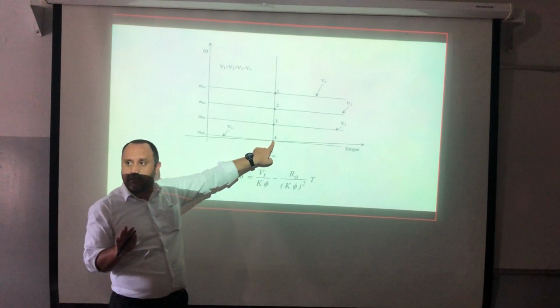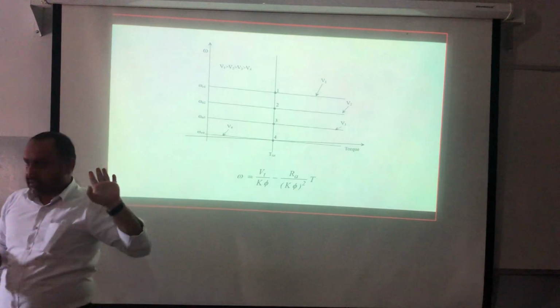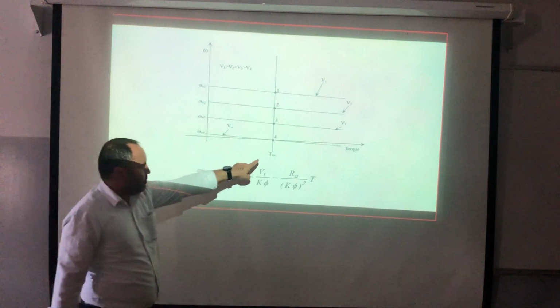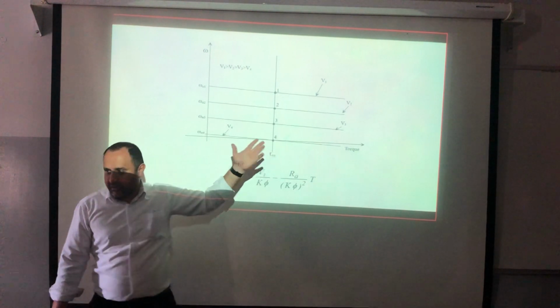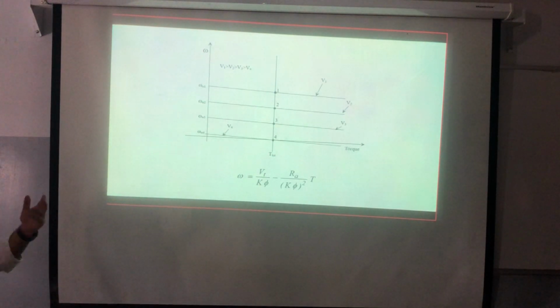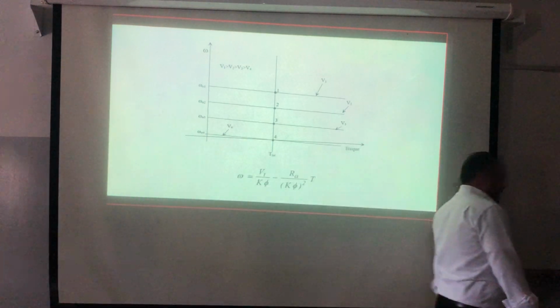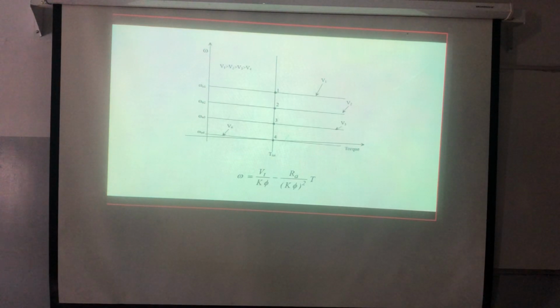Very simple. R multiplied by what? By the current, which is proportional, let's say, to the T total. If this one is the rated, in this case it will be the rated. If this one is twice the rated, that one will be twice the rated. Here are the same. I can say that